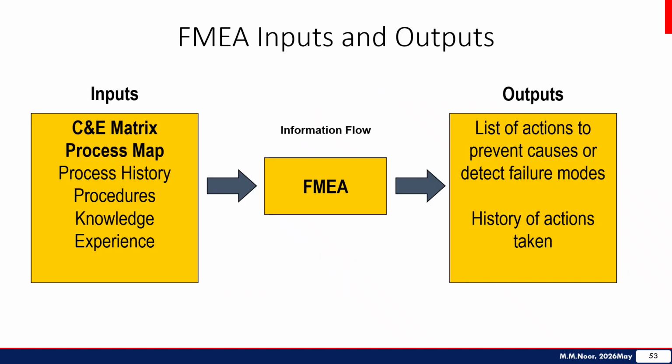Okay. And we need a lot of inputs before the FMEA happens. Inputs in all these examples are cause and effect diagram, process map, process history, procedure, knowledge, and experience. The most important here is experience. Without people that already have experience, sharing is not there. You cannot do FMEA based on all newcomers. And then the output is the list of all possible defects and how to improve the processes.